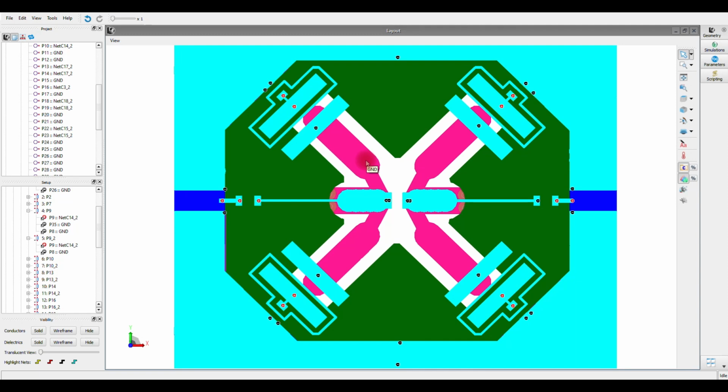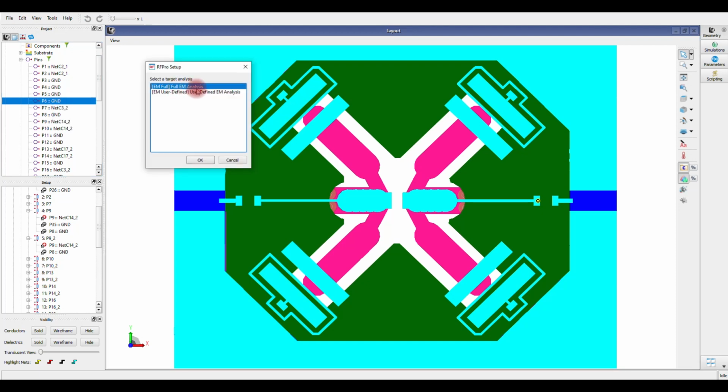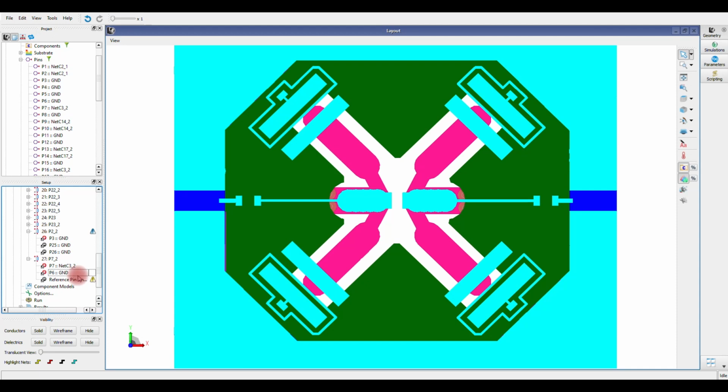In order to correct that, you have to manually create a port for the negative pin, change the polarity of the negative pin to positive and then add the appropriate negative reference pin to the port. For example, we're going to create a port from this negative pin. It's actually positive, but it's recognized as a negative pin here. Select full EM analysis, change polarity of P6 and then delete P7. Now it is a positive pin. Now you have to drag the appropriate negative pin as a reference for this port.